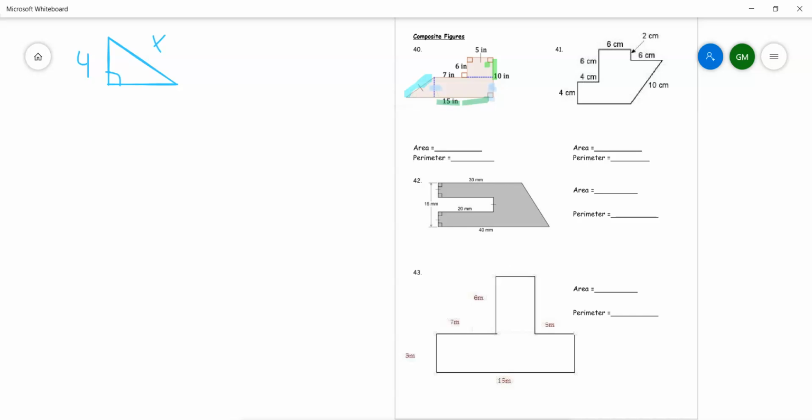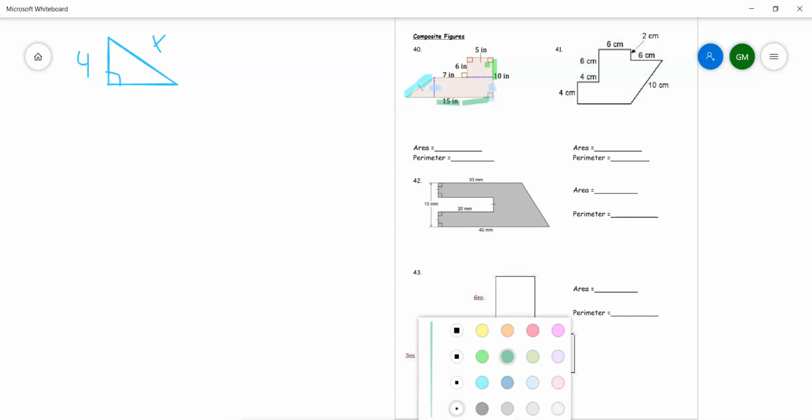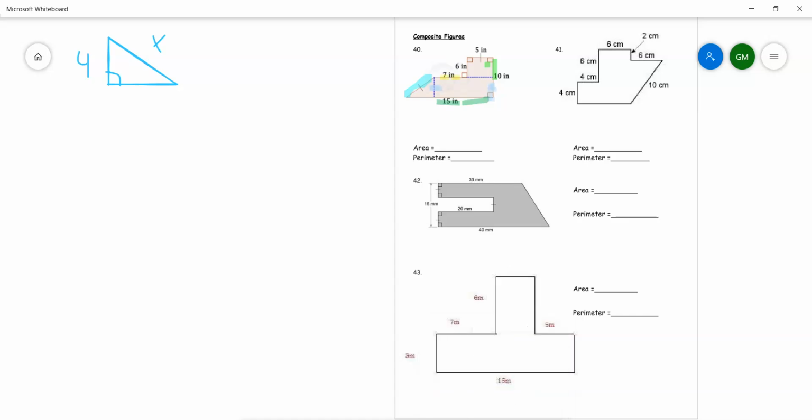We know, based on what we have, that there's a 7-inch portion and a 5-inch portion. 7 plus 5 is 12. So that means the part I have highlighted in green here is 12 inches, and that means the remainder is 3 inches. So if we have a right triangle with legs of 3 and 4, that tells me the hypotenuse